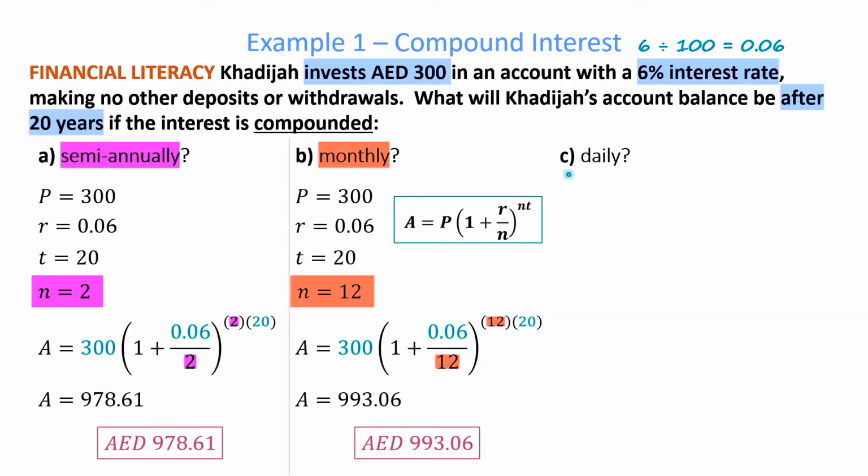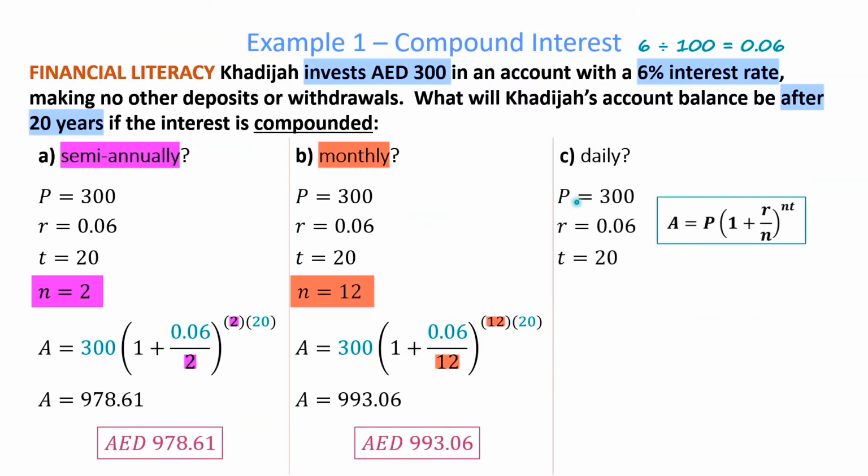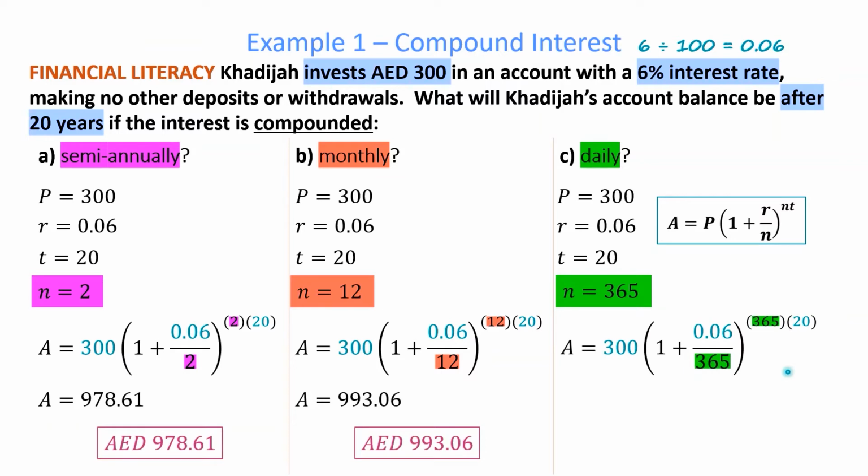So now for part C, the values of P, R and T remain the same, and obviously we have the same formula. So if we compound daily, then N equals 365. We can substitute these values into this formula here, like so, and then we can compute this to give us this here. So our final answer, after 20 years of compounding daily, Khadija's account balance has